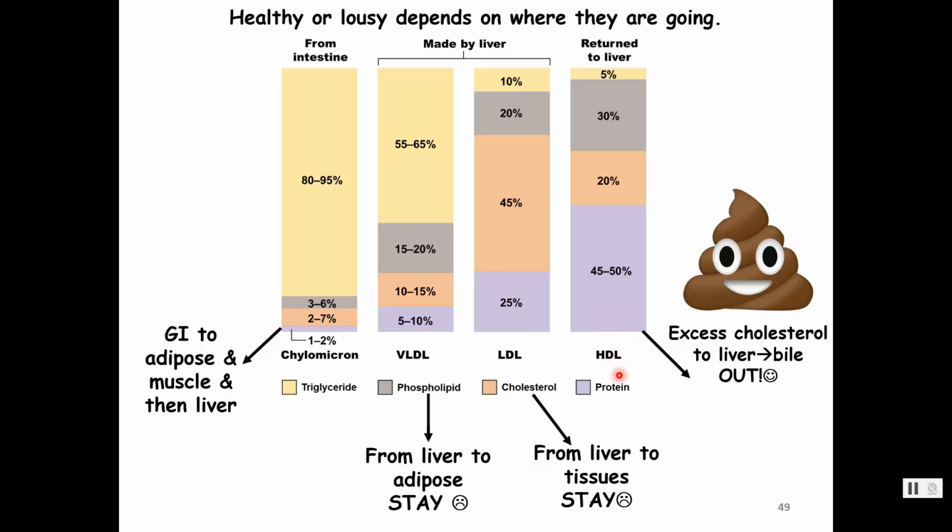So HDL is high density lipoproteins. That means it has more protein than it has fat. So purple is the protein, so we have more protein as we work our way up, as we get that increase in density. And so these particular lipoproteins are actually going back to the liver for the liver then to package in bile. Remember, bile is cholesterol salts, and so they are leaving the body.